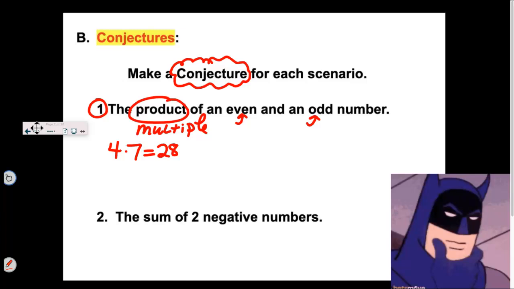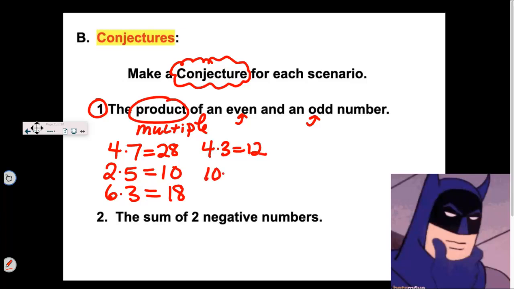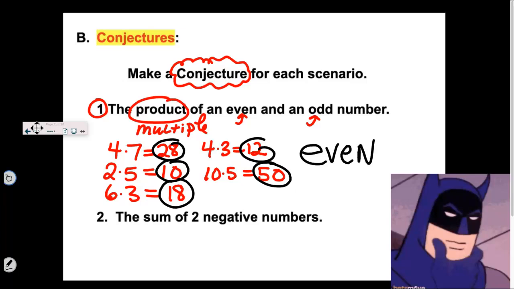So I went to about 5 kids in class, and I grabbed 5 pairs of even and odd numbers, and I multiplied them. So even, odd, multiply for 18. Even, odd, multiplies for 12. And then even, odd, multiplies for 50. And I asked the kids, is there anything you can tell me that's consistent with all these results? They are all, and almost everyone said, even. I did enough of them where I'm like, well, I can't really tell you much about them, but I do know that they are all even.